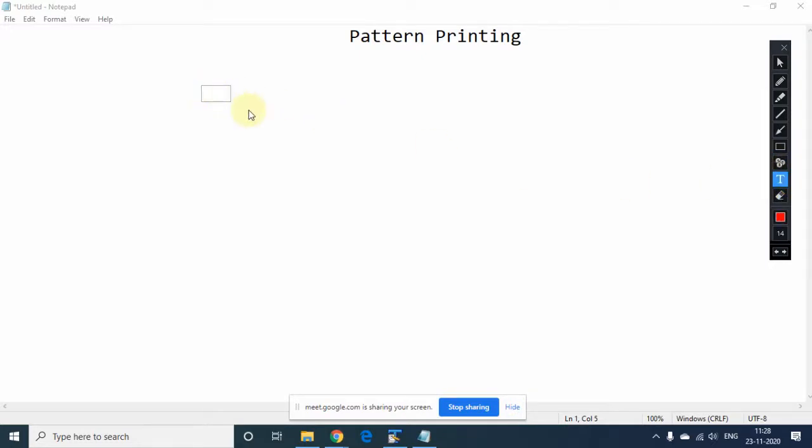Now the first question is now, are you getting this? Yes, sir. You need to print this pattern. Note down this pattern. I am going to stop sharing my screen, children.